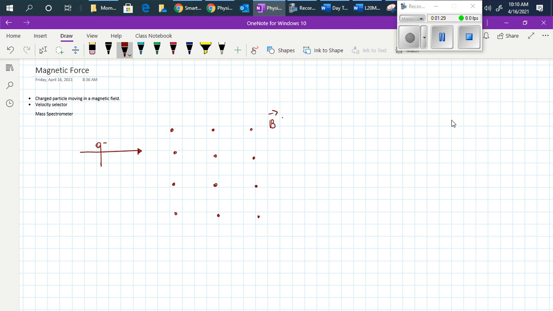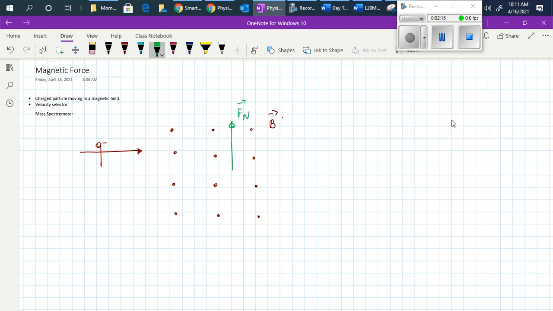Now, based on the third application of the left-hand rule, we can identify the direction of the magnetic force exerted on the charge as it is entering this magnetic field. Since we have a negative charge and we are using the left-hand rule, the thumb will tell us the direction of the motion of the charge, and the fingers will tell us the direction of the field. So therefore, the magnetic force will be